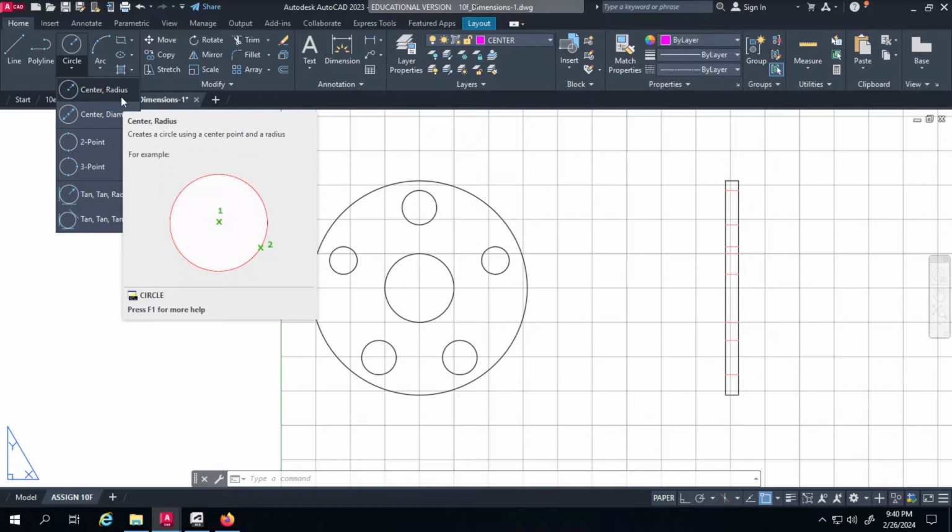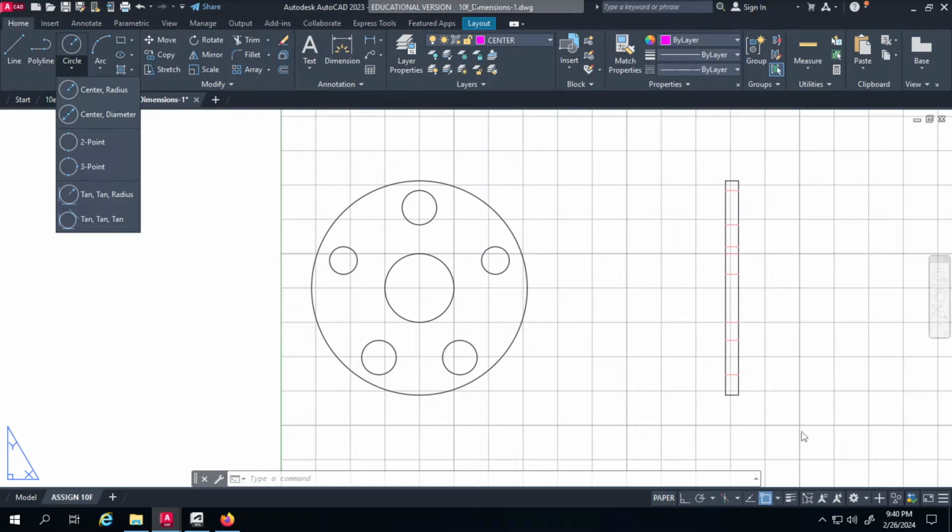Again, if you forget how to use it, just leave the cursor there and it'll come up with the help, with selecting the center as step number 1. Step number 2 is selecting the other point that would represent the radius; the distance from point 1 to point 2 defines the radius. Under my settings,